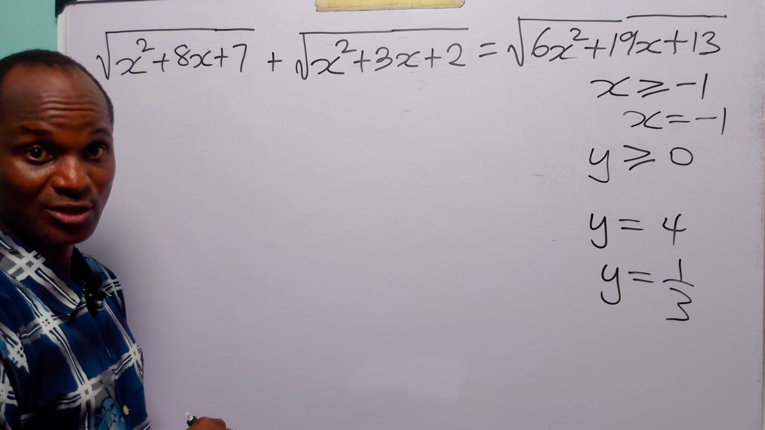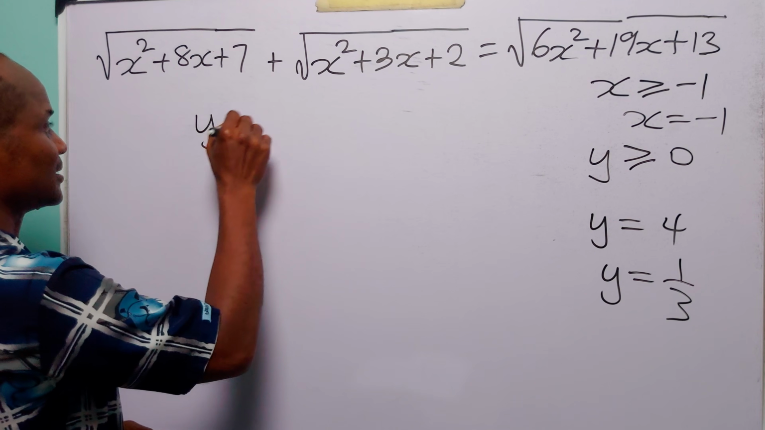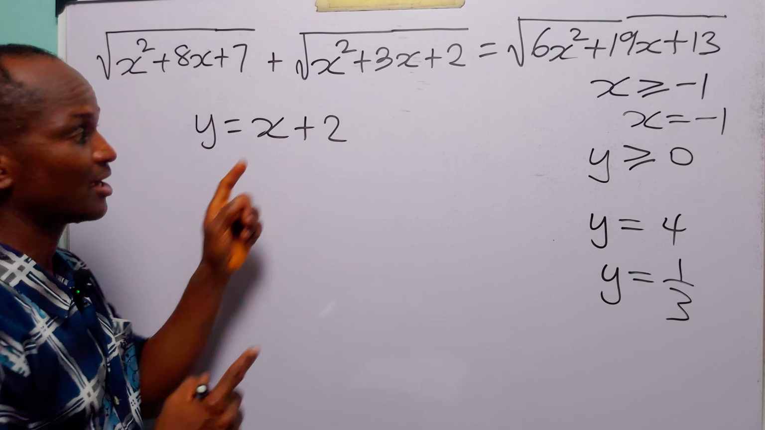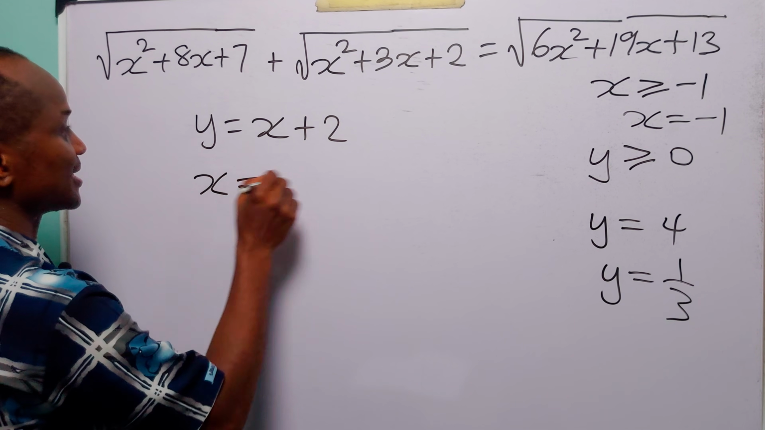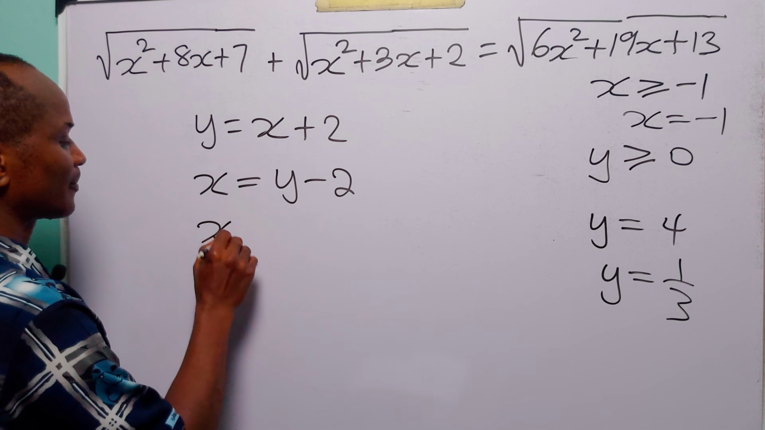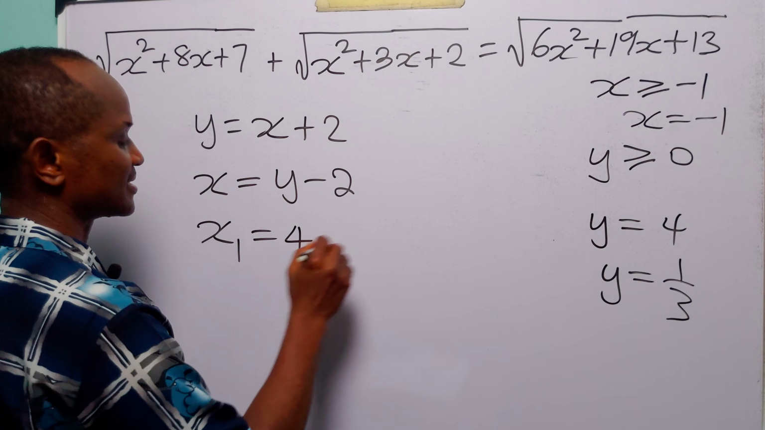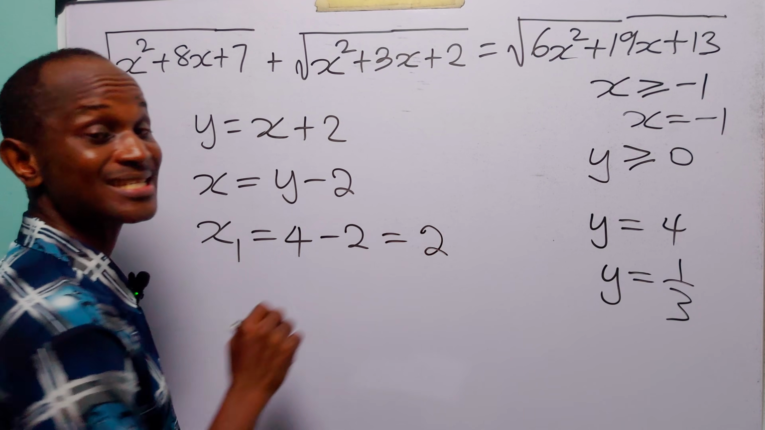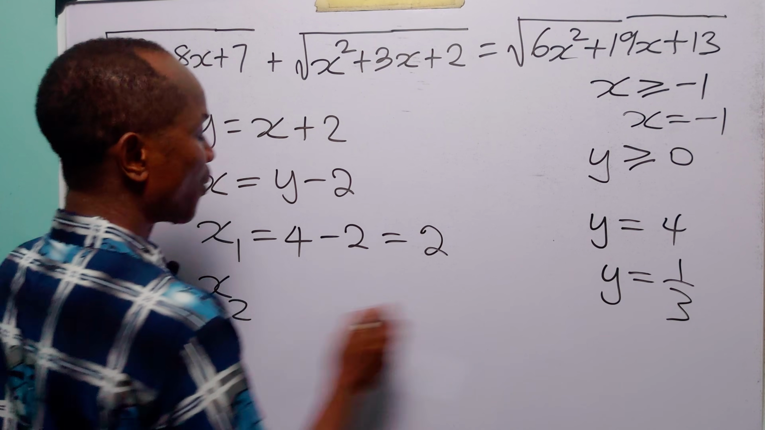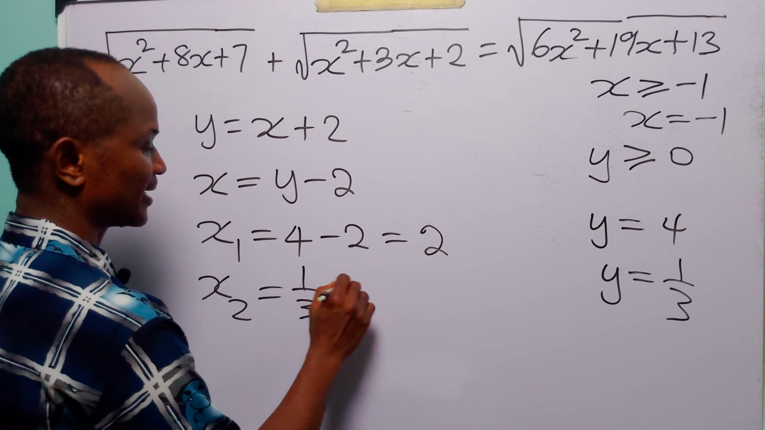And now that we have the values of y, of course, we have to go back to that substitution. Y is equal to x plus 2 to be able to find the values of x. From here, we have that x is equal to y minus 2. So when y is equal to 4, we have that x is equal to 4 minus 2, which is equal to 2. And when y is equal to 1 over 3, we have that x is equal to 1 over 3 minus